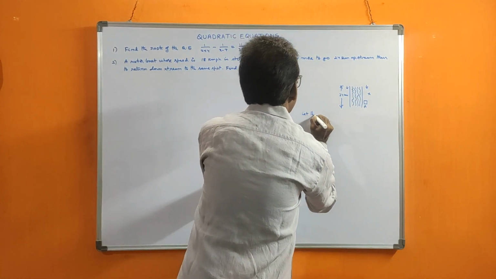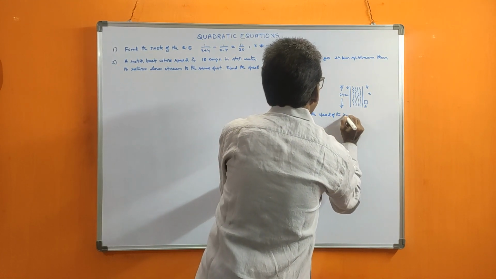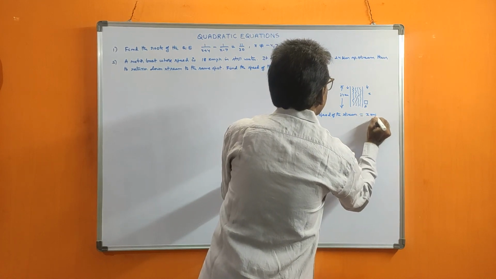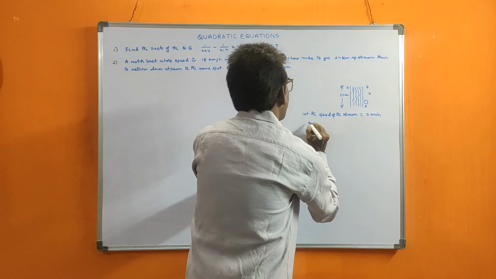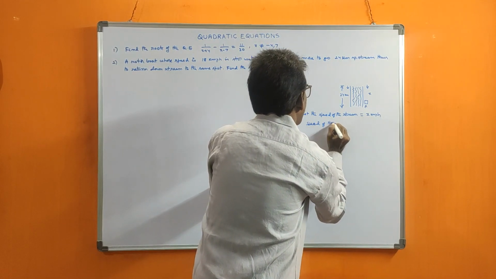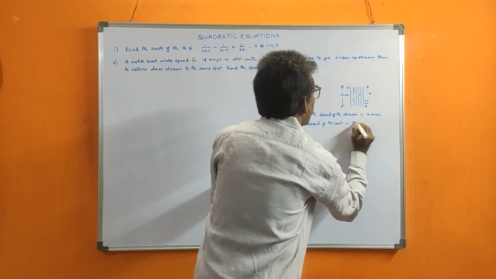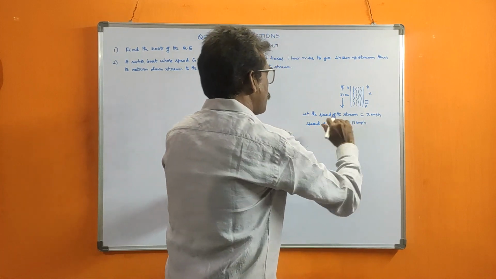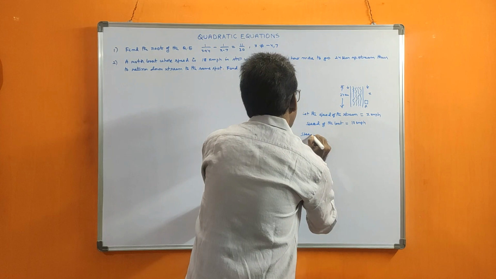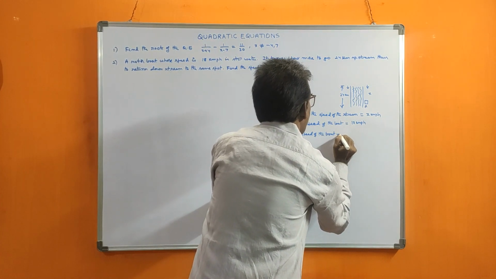So first, let the speed of the stream be x kmph. Speed of the stream is x kmph. The speed of the boat is given as 18 kmph, kilometers per hour. Kmph means kilometers per hour. That's why the speed of the boat in upstream...